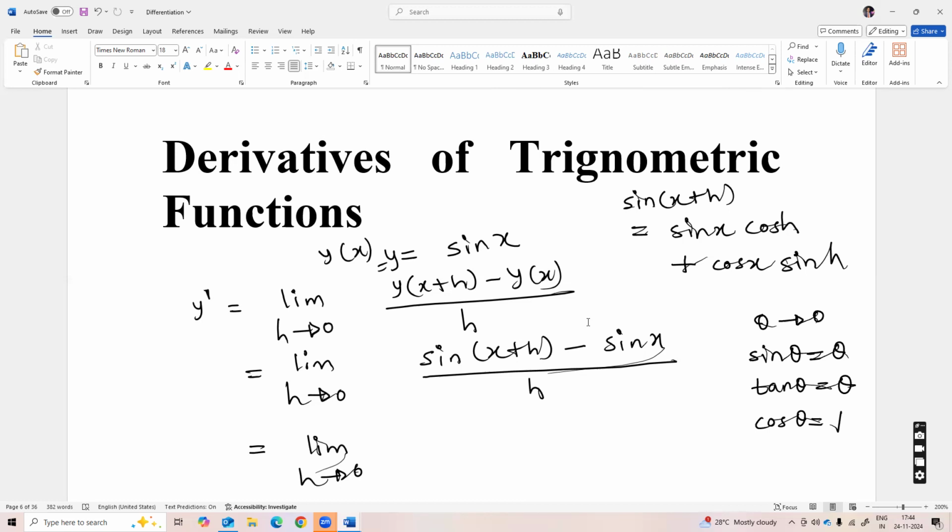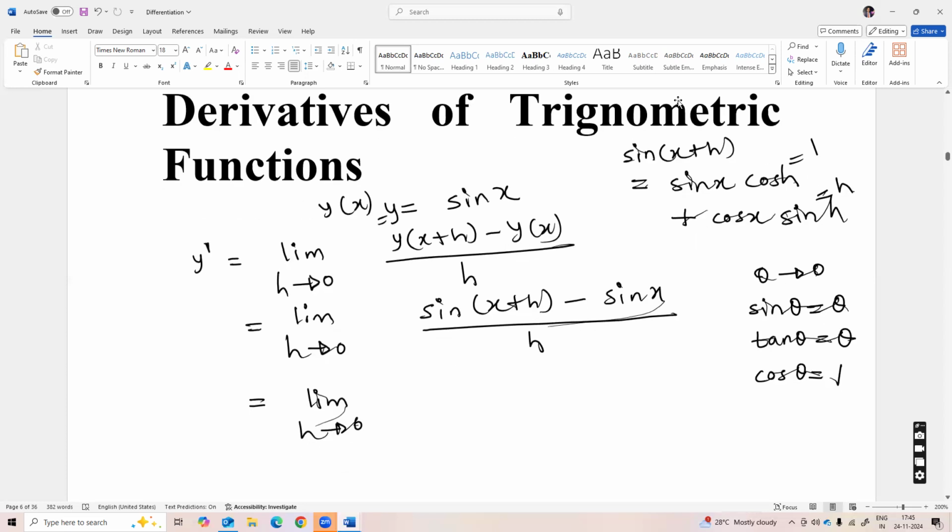So when h tends to 0, cos h is equal to 1, and similarly sin h will be equal to h. So after putting cos h equal to 1 and sin h equal to h,